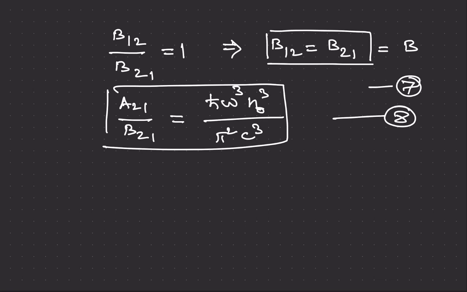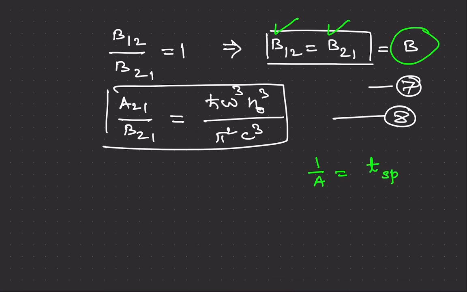Thus, we see that Einstein coefficients B12 and B21 are equal, and that is B. This implies that the emission rate per atom is the same as the absorption rate per atom, and the ratio of spontaneous to stimulated emission coefficients is given by this value, h cross omega cube n0 cube divided by pi square c cube. Now let us consider 1 by A is equal to